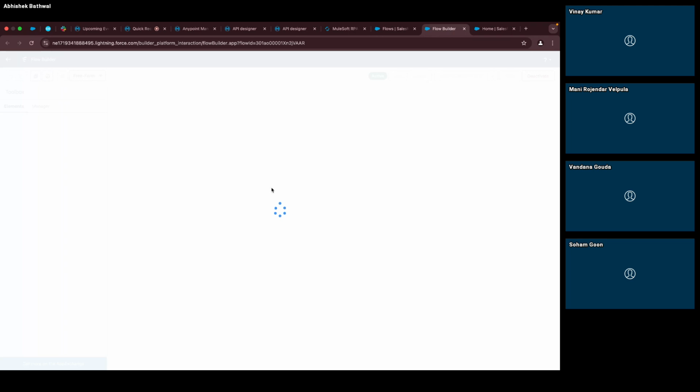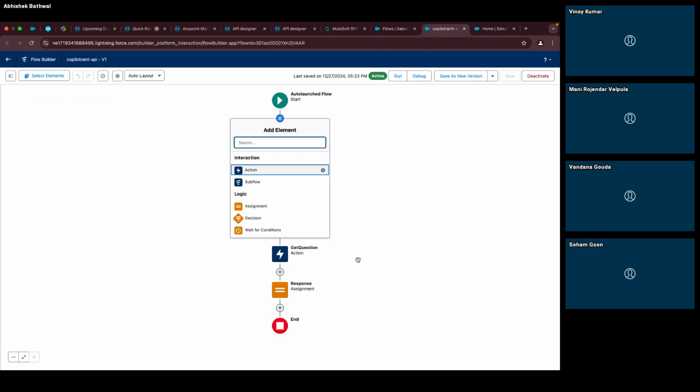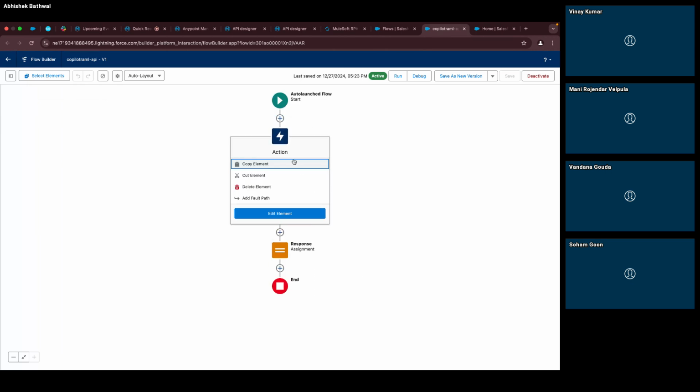So this is my flow and this is already activated, because if you don't activate it, you cannot enable it in your agent Copilot builder, so you will not see it. Initially, you will see a start and end. So you need to add an action over here. Just click on this and click on action. Once you click on action, give a name